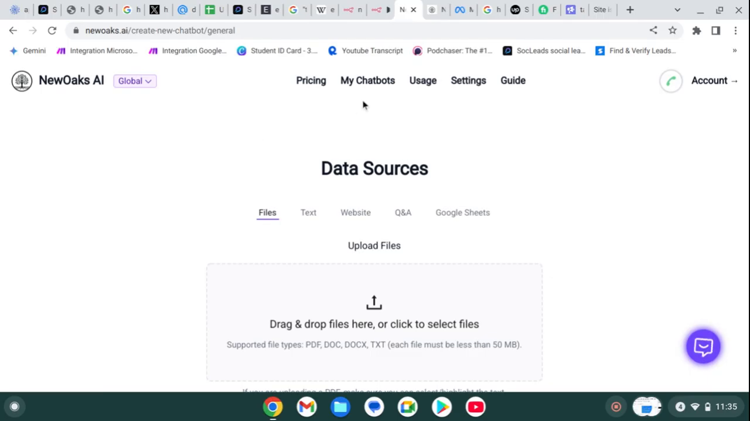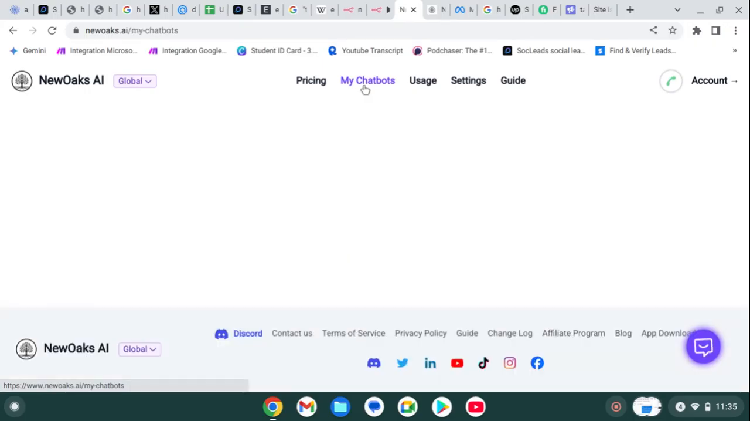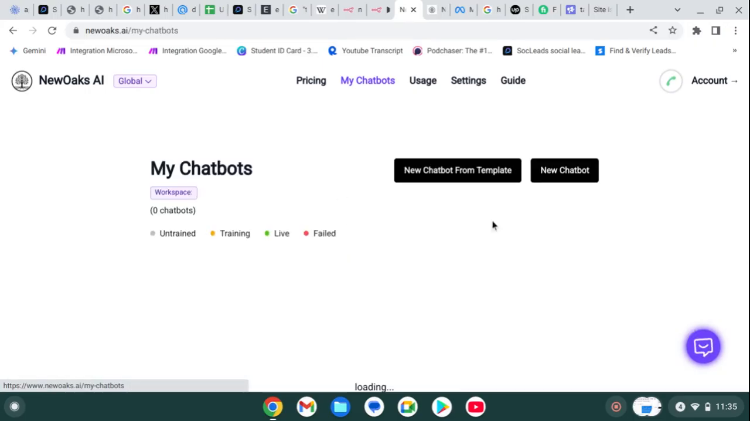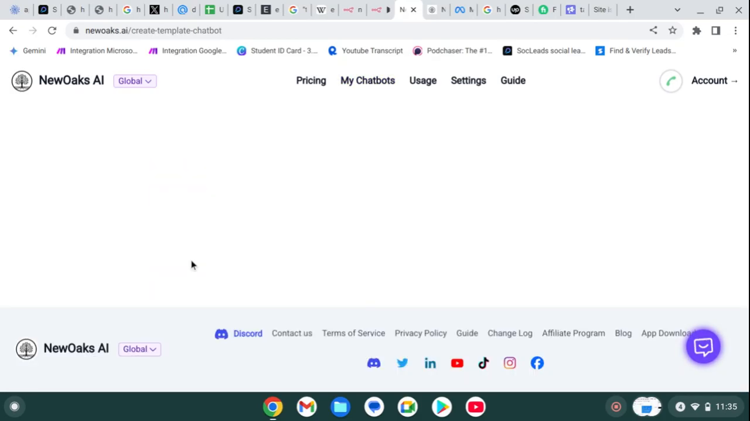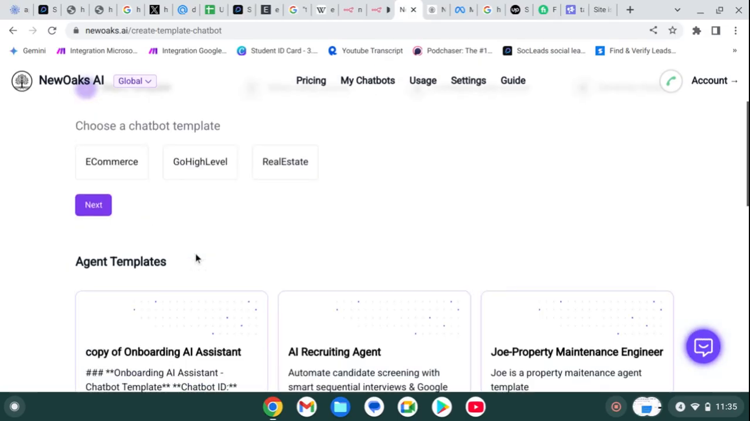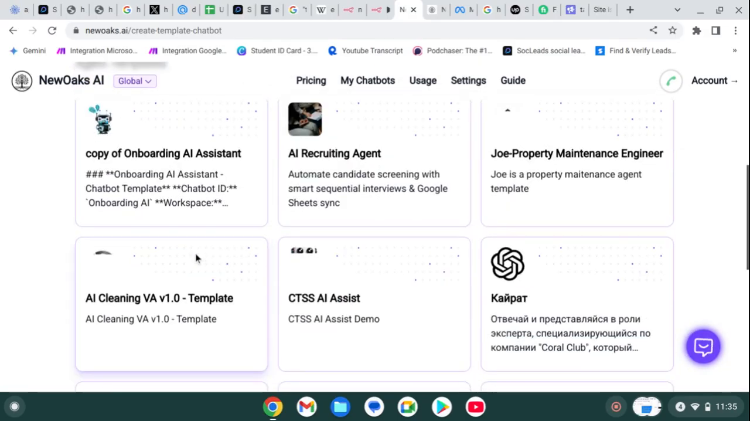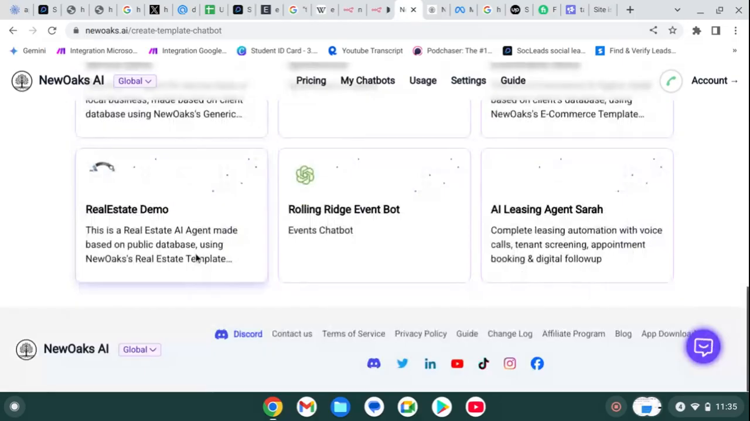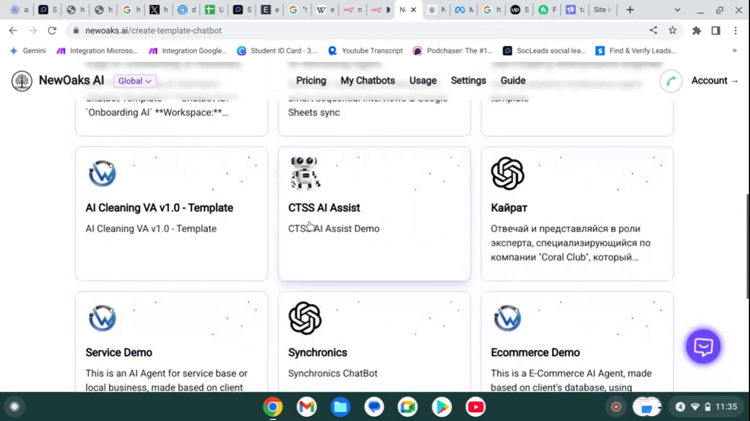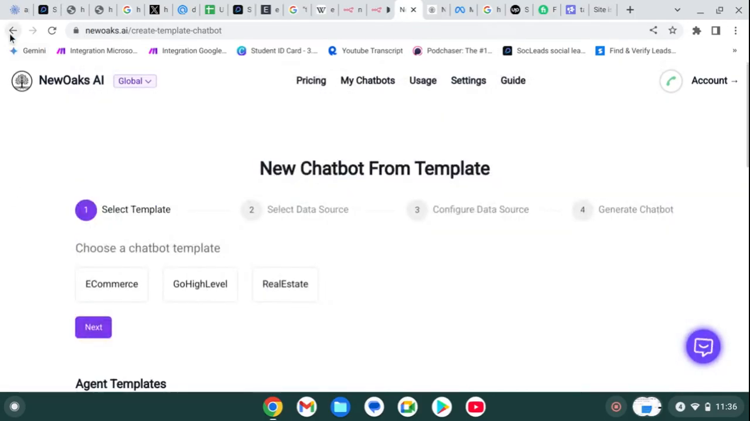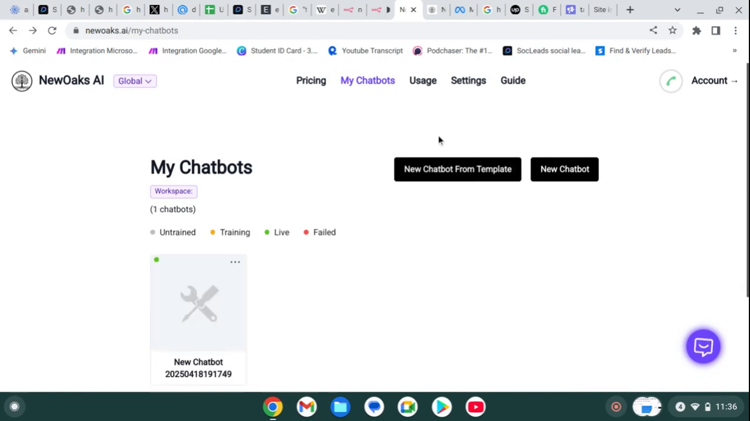So first of all, visit my chatbot, where you can create your account. I already created an account, so I won't show that. So this is my chatbot that I created for a demo. You can choose to create from a template. Here you can see the most popular templates. You can create anything using these, but now I choose from a